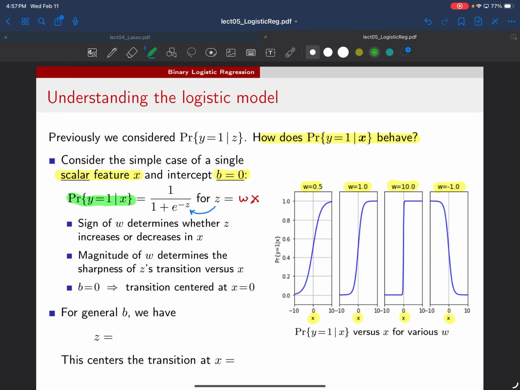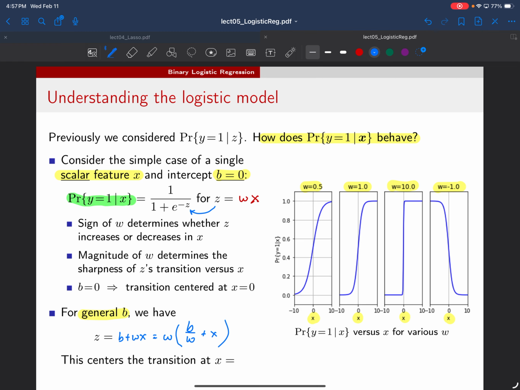So now let's consider what happens if b is a general real number. So in this case, we know that z equals b plus wx. It actually helps to rewrite this a little bit as w times the quantity b over w plus x. The reason we write it this way is that we can see how b and w just translate these curves in the x domain. So basically the transition, instead of being at 0, is now going to be